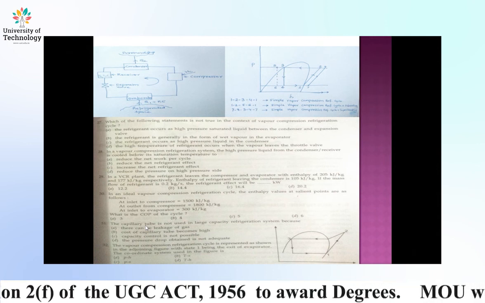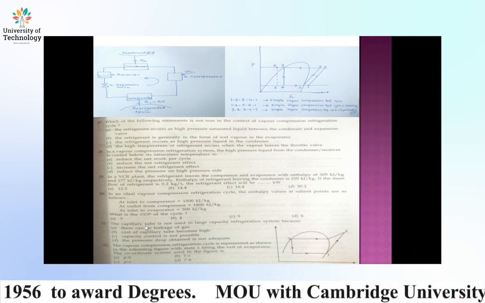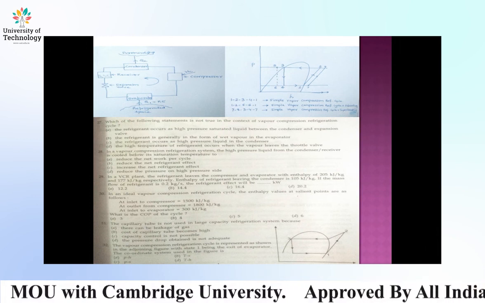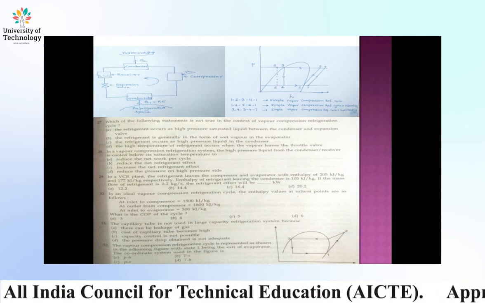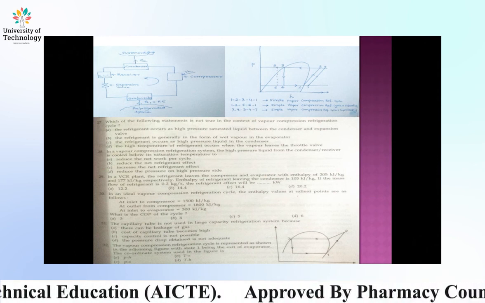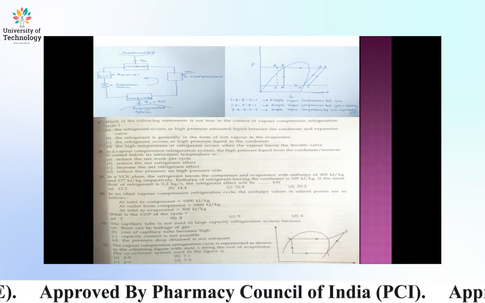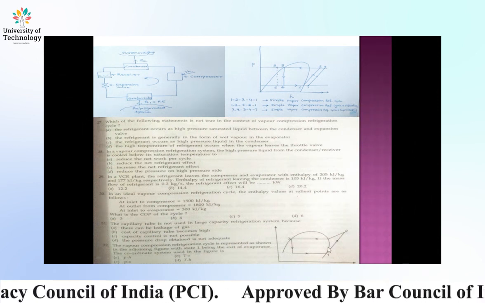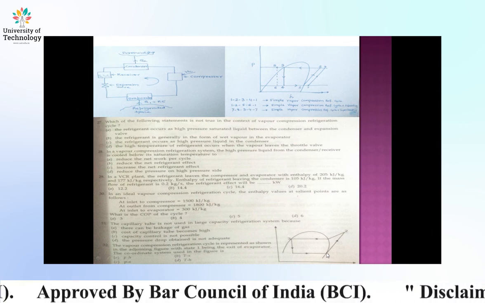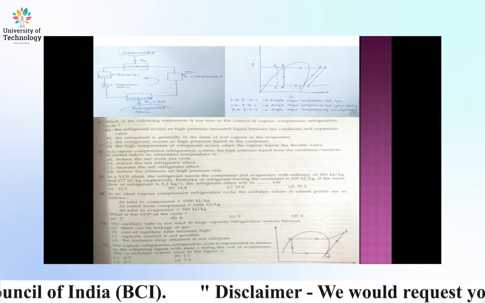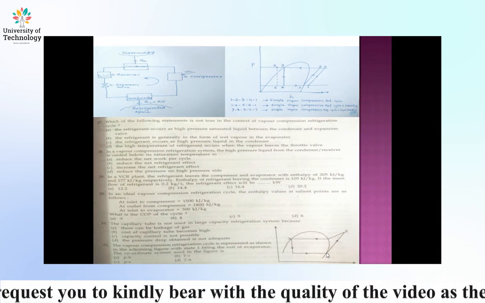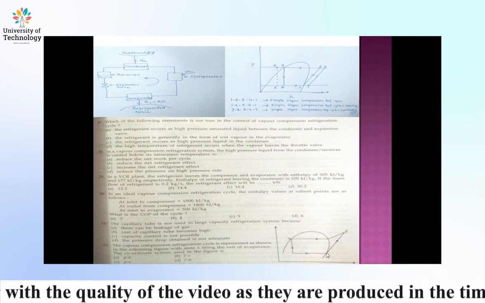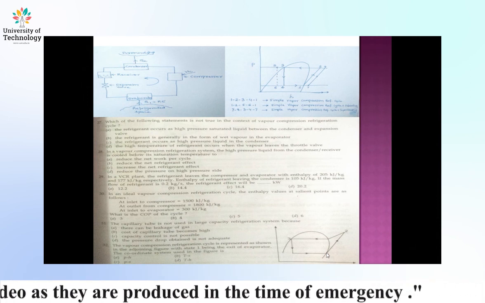Now look at this diagram for question number 22. The vapor compression refrigeration cycle is represented as shown in the adjoining figure with state 1 being the exit of compression. At the exit of compression, dry saturated vapor is available. There is nothing given on the x or y axis, so we want to know which plot this is: ph, Ts, or Th.